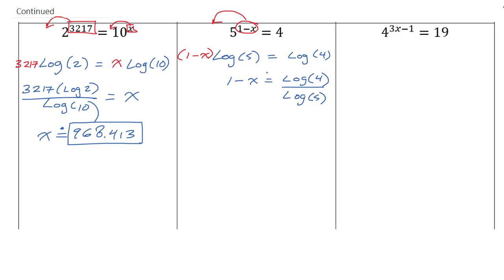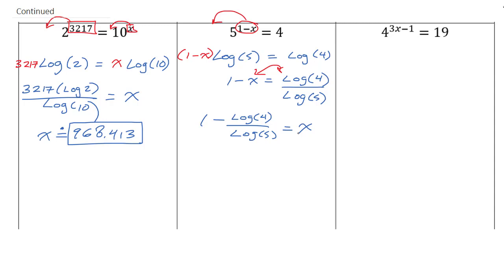Okay, so we can pick a couple different ways, right? Like we can calculate this first if we want. But the idea is we have to get x isolated. So what I'm going to do is I'm just going to move the x over to this side and move the log 4 divided by log 5 over this side. So my answer is going to be 1 minus log 4 divided by log 5, because I want that to be a positive x. So I'm just doing the fewest amount of steps I can. There we go. Right? Add x to the other side, subtract log 4 over log 5 from the other side,